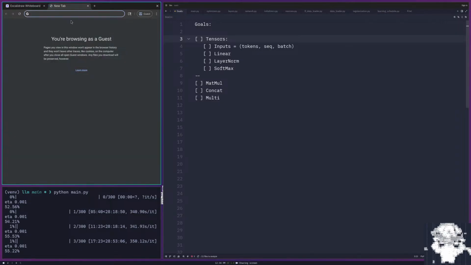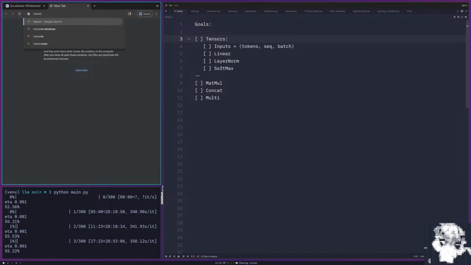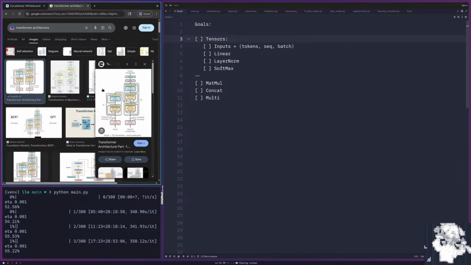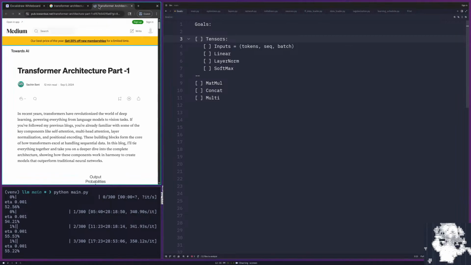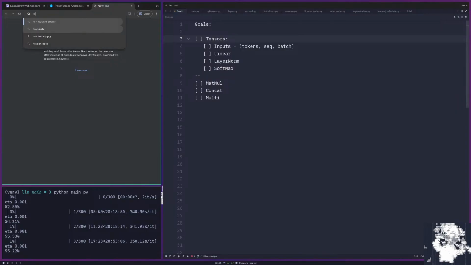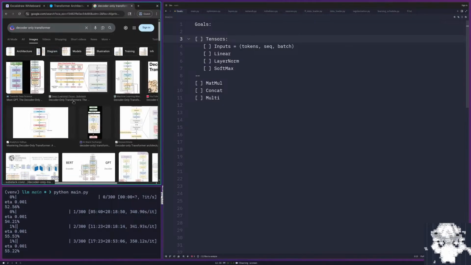So the reason we're doing this is the transformer architecture. Images. The reason is that we're implementing this. Reminder that, well, actually, let me pull that up. Decoder only transformer. We're going to start and possibly end with a decoder only transformer,